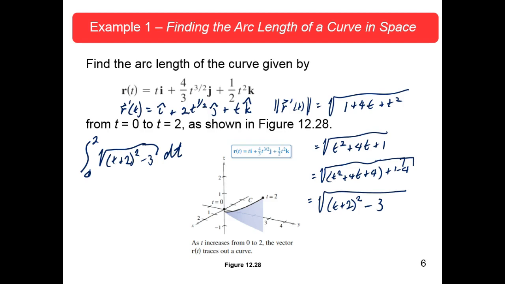Now, when we go to an integration table, where I would suggest you look is, let's deal with the indefinite integral for right now, and that would be the square root of u squared minus a dt. That's the place that I would